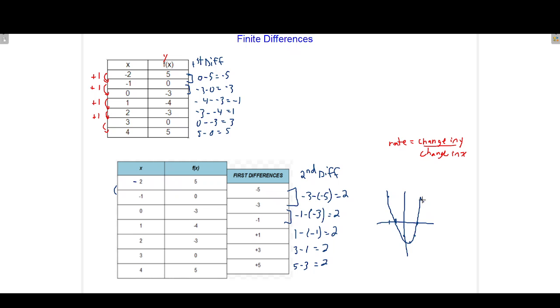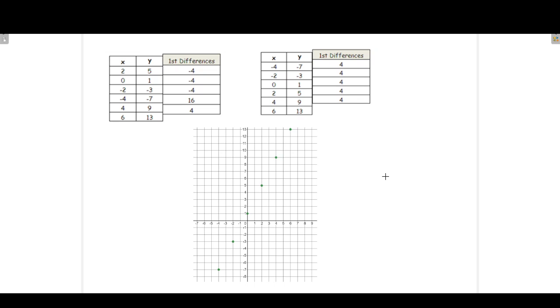So if the first differences are the same, we know that the function is linear. If the second differences are the same, then the function is quadratic. So here's an example where I mentioned earlier how the x values need to be in order. It looks like they are here in order. We're going down by 2's until we get down in here, and all of a sudden